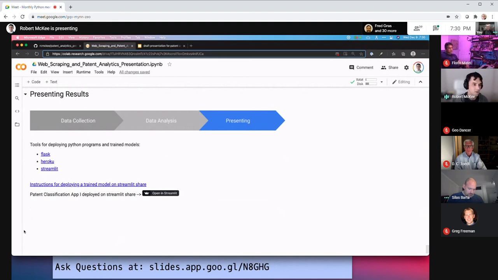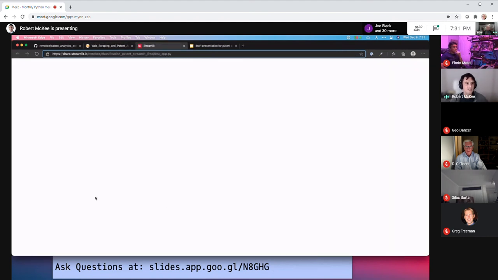Nobody can use it. So the different ways that you can do it is you can create an API with Flask. You can also deploy an application with Flask and Heroku. But more recently, and you have to request an invite, but they're really quick on responding, is Streamlit and Streamlit Share. What you do for that is, I've got some instructions right here walking you through the process, but you basically just put your code on GitHub, which is a good practice anyway, and then connect it up with Streamlit, and then you've got an application. It's almost as easy as that, if it loads.